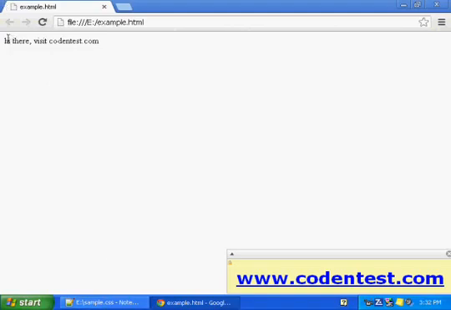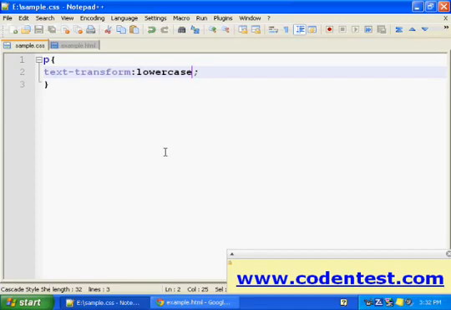See here, even the H of hi is also lowercase now. So that's text transform in CSS.